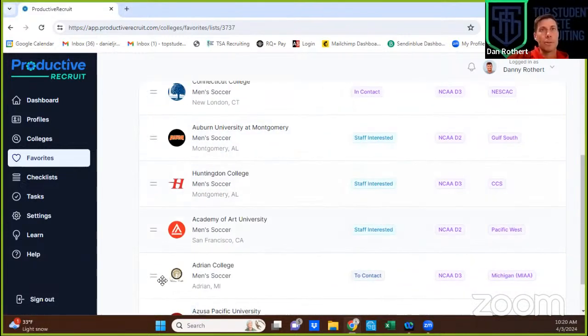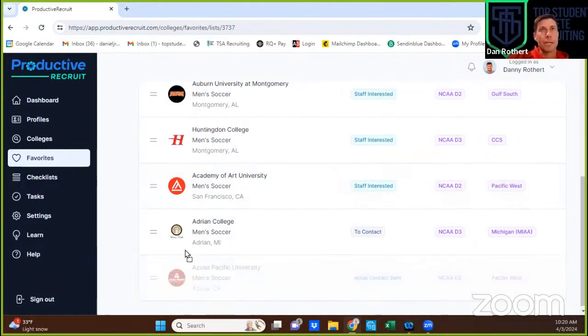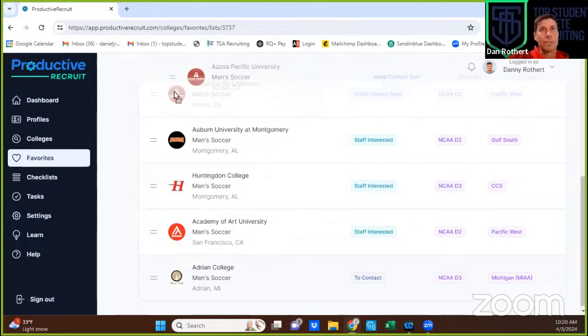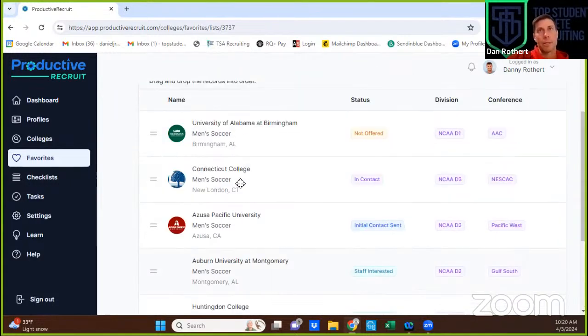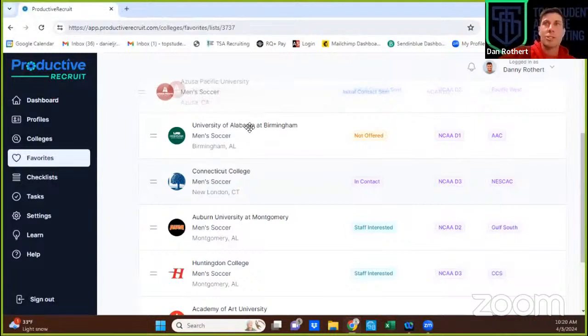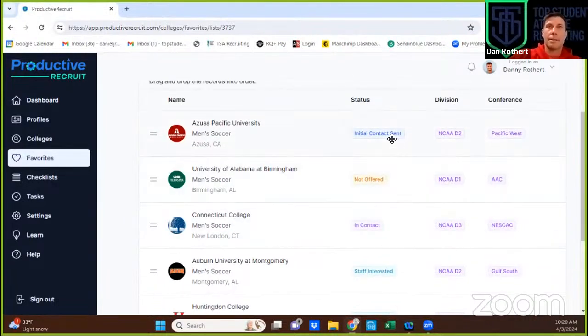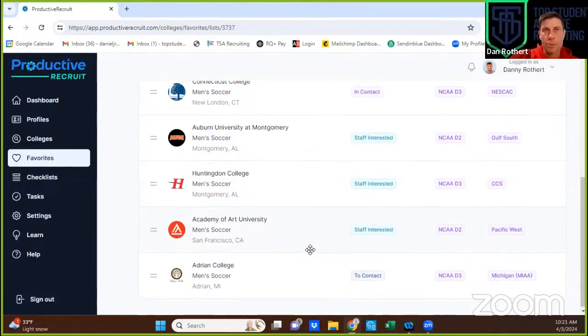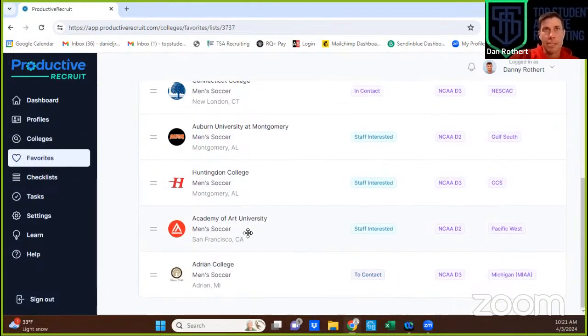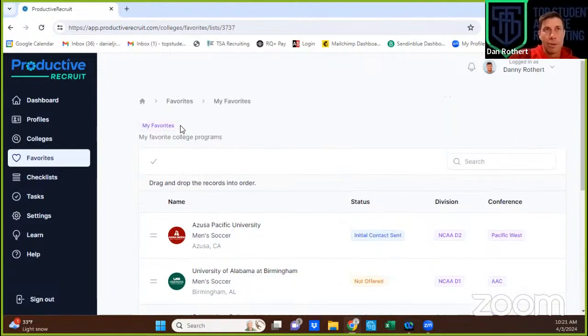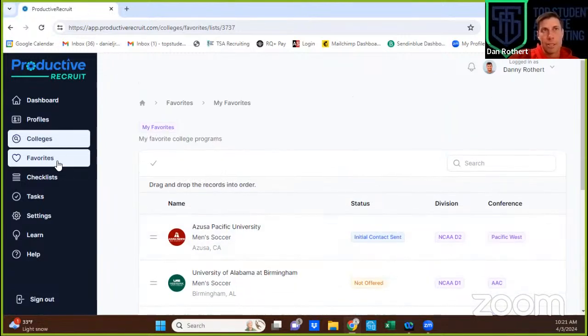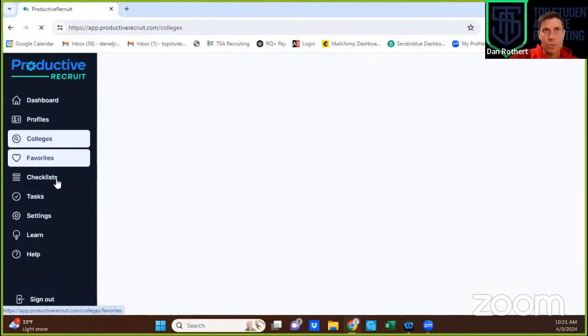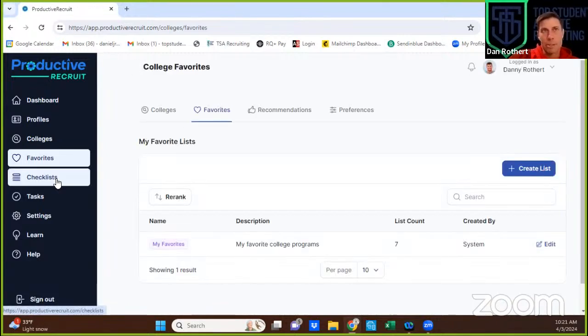Slide them up there, right? And now they're at the top of the list or second or third. And I initial contact sent, so I know that you can change the status when you go into it, but you can kind of rank them. I think that's helpful in your process to kind of rank the schools that you're interested in. But it's a nice feature to be able to follow up with coaches and know what schools you're interested in and get rid of some schools as you go through the process if they're not interested, if you're not interested,